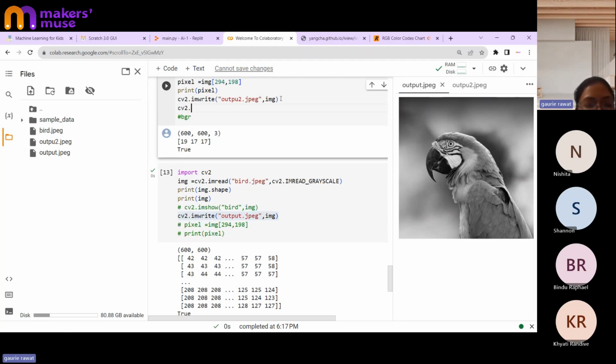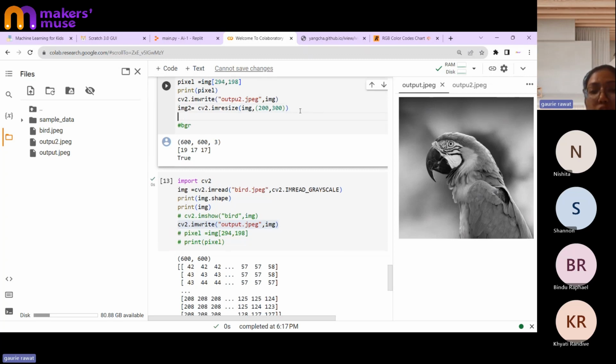I just write cv2.resize, bracket. First, I can upload multiple images, so first will be my image name over here, bracket. And then I've given y comma x over here. So it should not be height, width. It should be my width, and then my height. So I'll give 200 my width and 300 my height. Okay. And this thing I've stored inside another variable, img2 equal. And in order just to showcase you, I have this command over here, img.shape, img.shape.